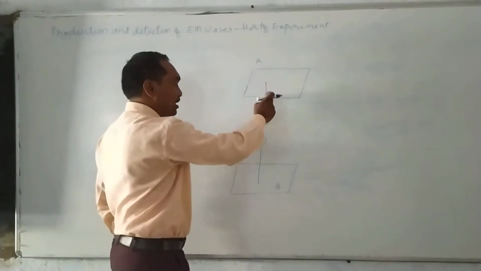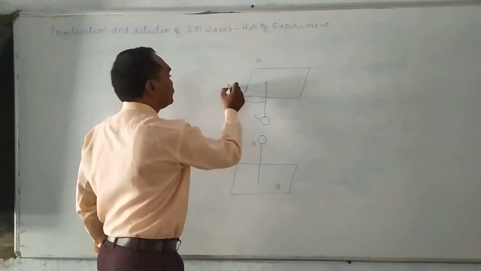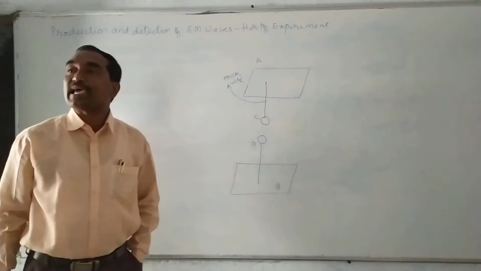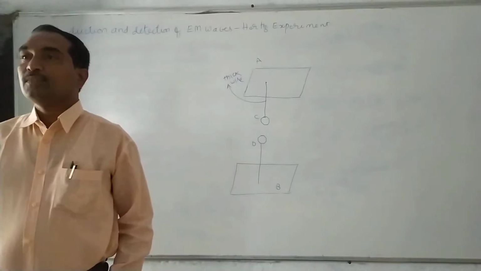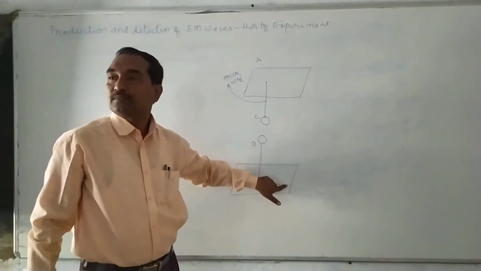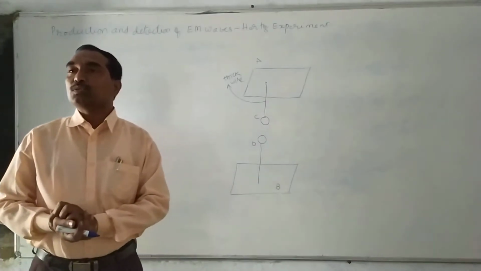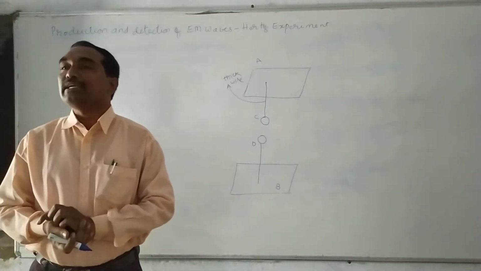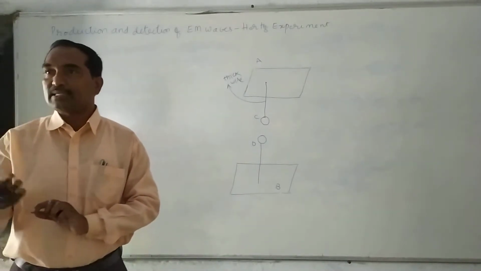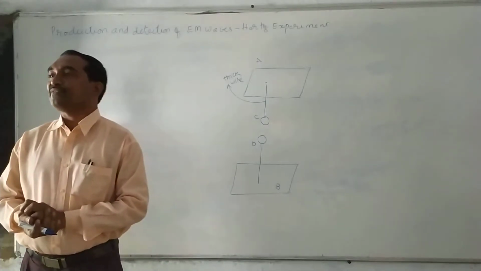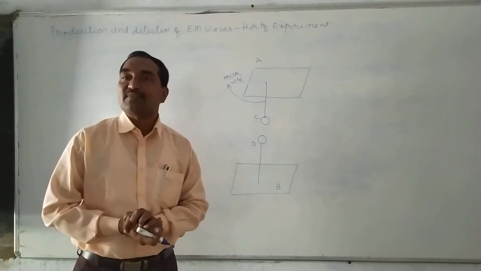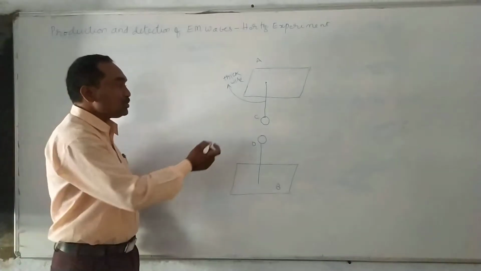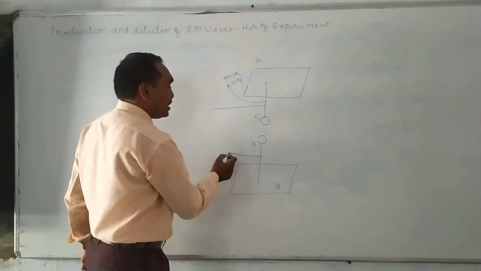This is one thick wire, and this is one more thick wire. These thick wires act as an inductance. So there is a capacitor AB and there is the inductance of a thick wire. So this acts as an LC circuit, inductance and capacitor. It contains some frequency. We already discussed in alternating current that the frequency f is equal to 1 by 2π root LC. Now these 2 thick wires are connected to the induction coil.